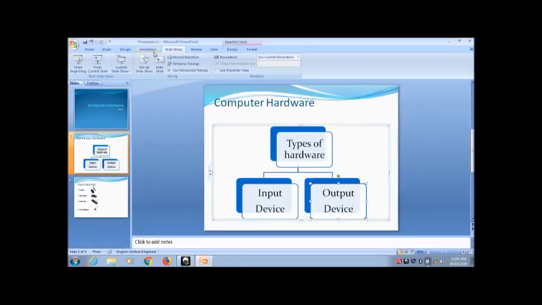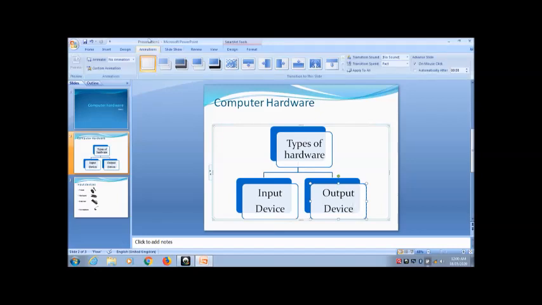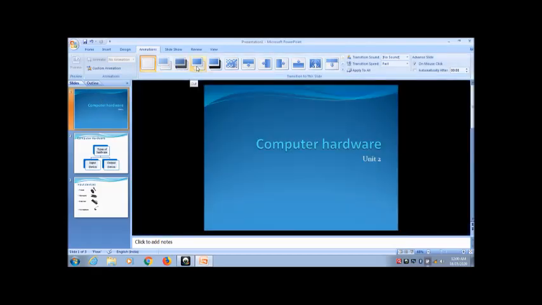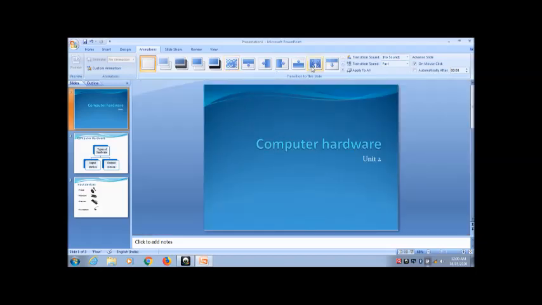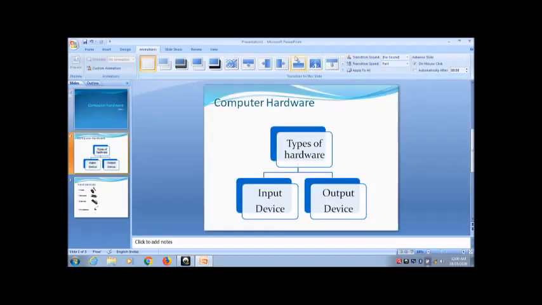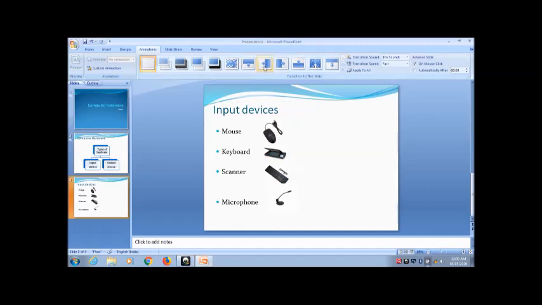If I want to make it more interesting, I can apply animations. So choose the slide on which you want to apply the animation, then you can select the transition of your slide, that is, how the slide will appear during your slideshow. So choose the transition according to your choice and apply it on the slide.